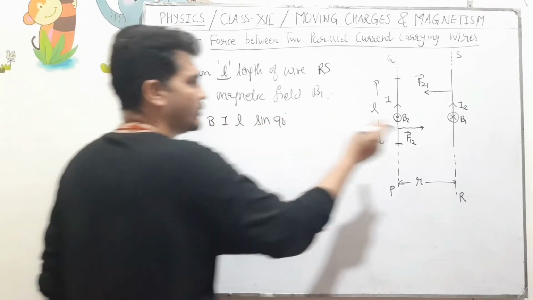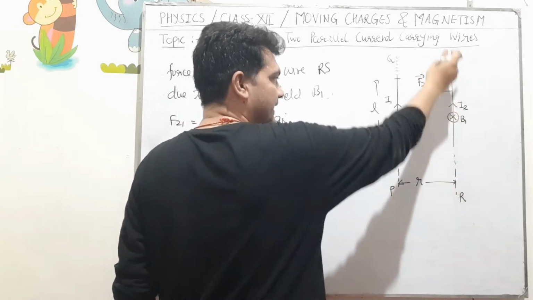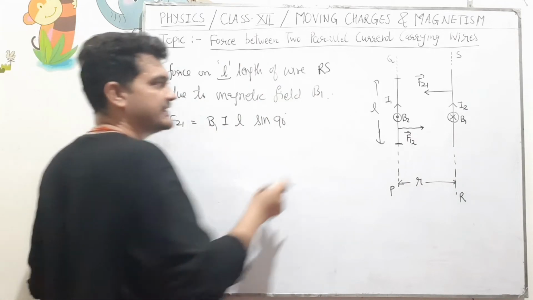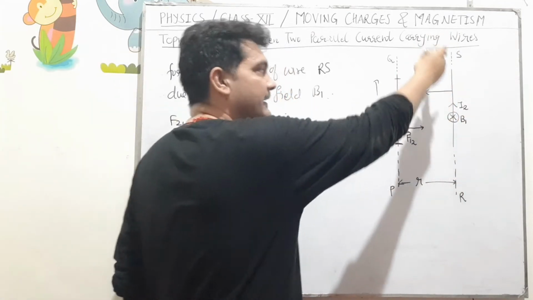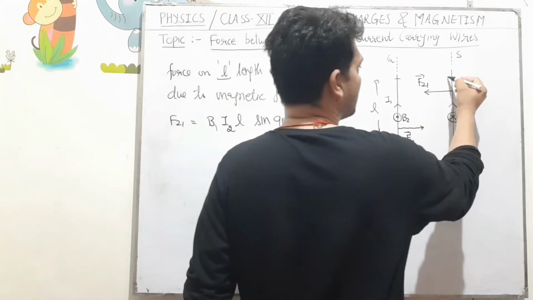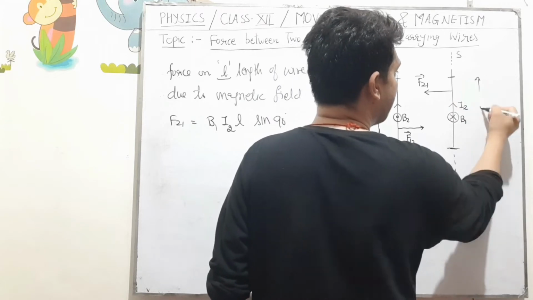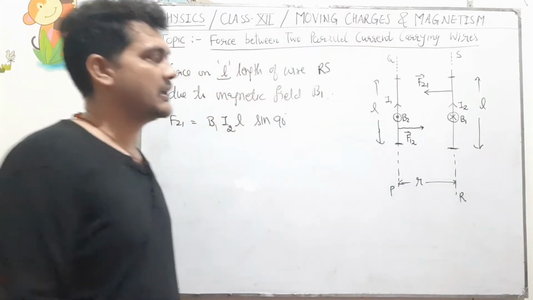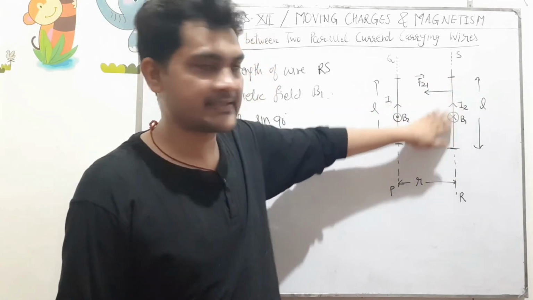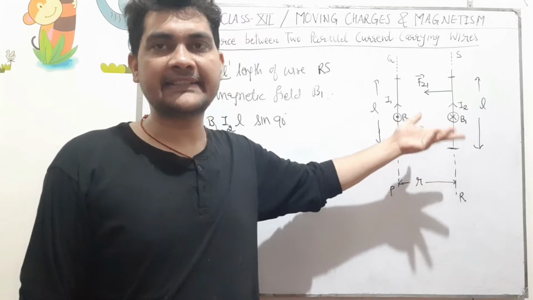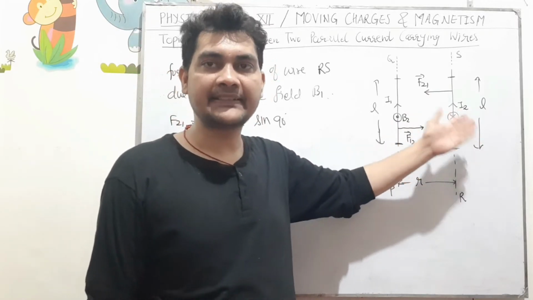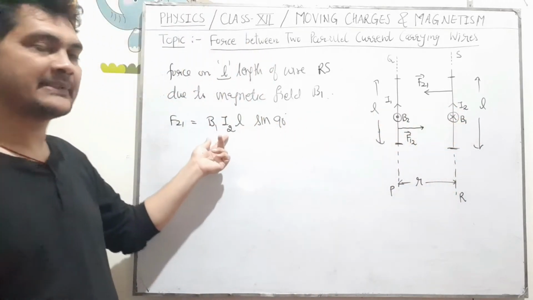And what is B? While finding the force on this wire, the magnetic field B1 is active. So the magnetic field is B1, and what is I? I is the current in this wire and it is I2. So it is B1 I2 L. Suppose this much is the length of the wire, this is the length L. So I am finding the force on this L length of wire RS. This part of the wire is experiencing force due to magnetic field B1, and the current in the wire itself is I2. Therefore I am writing this expression BIL sin theta.